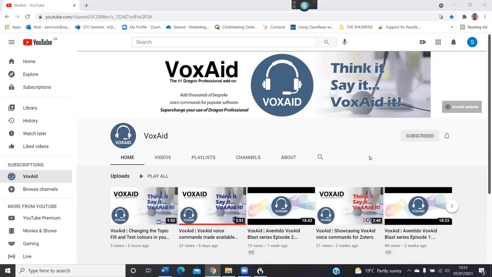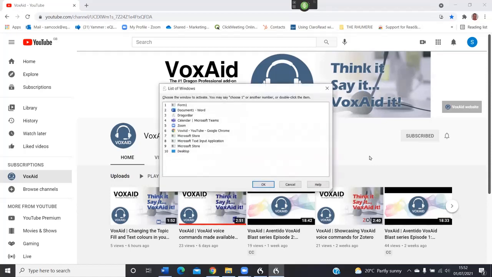And our third episode that we're on today, we're going to be focusing on Microsoft Word. We've built some bespoke commands for Word, and a large part of that is to do with colored highlighting. As this is a bit of a blast, I'm going to get straight into it and start showing you this wonderful add-on software. So, list all windows, choose 2,